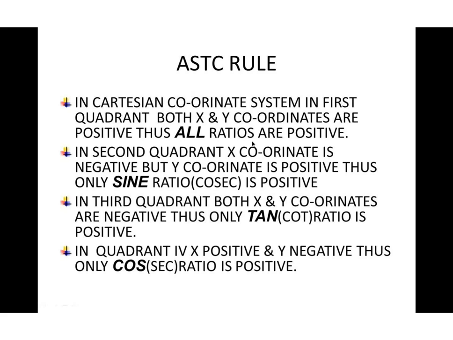So for example, sine of 270 degrees is minus 1, cos of 180 is minus 1. So trigonometric ratios change their sign as per the quadrant, because in the first quadrant x and y are both positive. Therefore the x coordinate corresponds to cos A and the y coordinate corresponds to sin A. Thus in the Cartesian coordinate system, in the first quadrant both x and y are positive, thus all ratios are positive, because according to the definition, if x and y, that means cos and sin, both are positive, then every ratio will